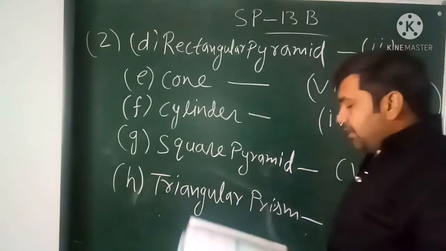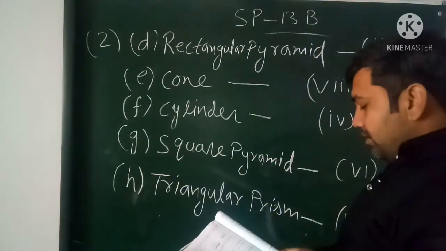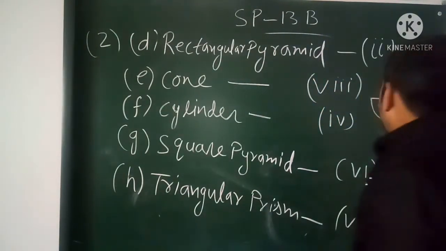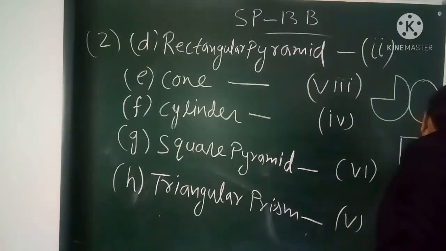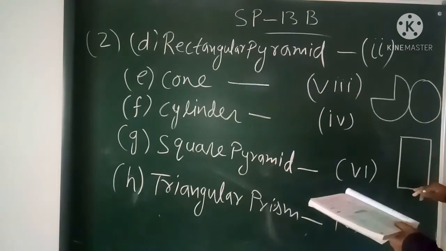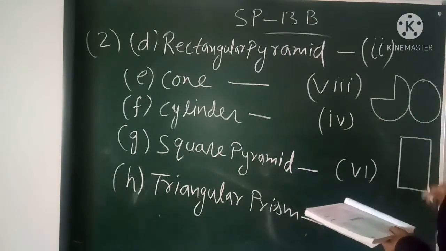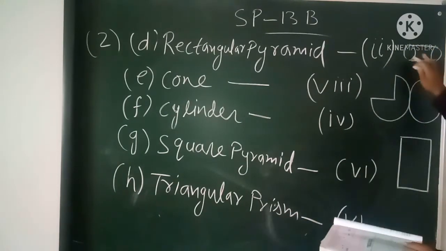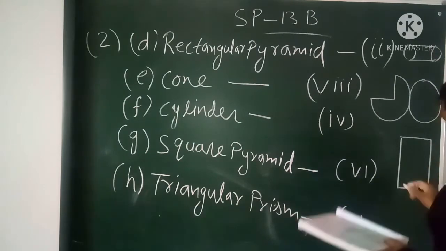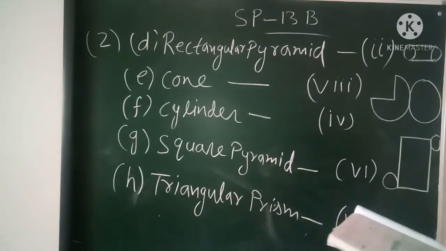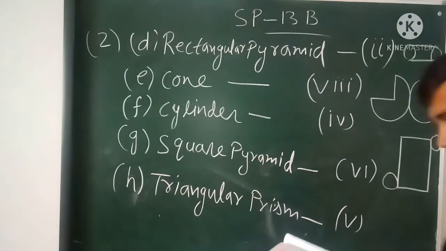Now next one is the cylinder. Cylinder is the fourth figure. So a cylinder is made by rolling a rectangle. When we roll this rectangle along this line, you will get a cylindrical structure like this. Now to cover this top, we need one circle. We draw one circle here to cover this, and one circle here to cover this. So that's the diagram for the cylinder.